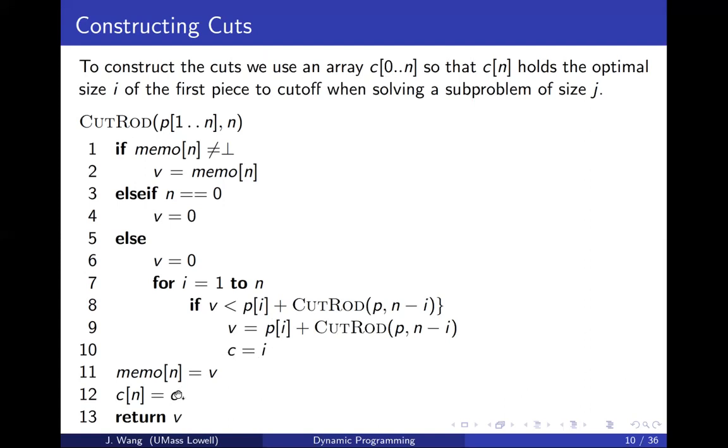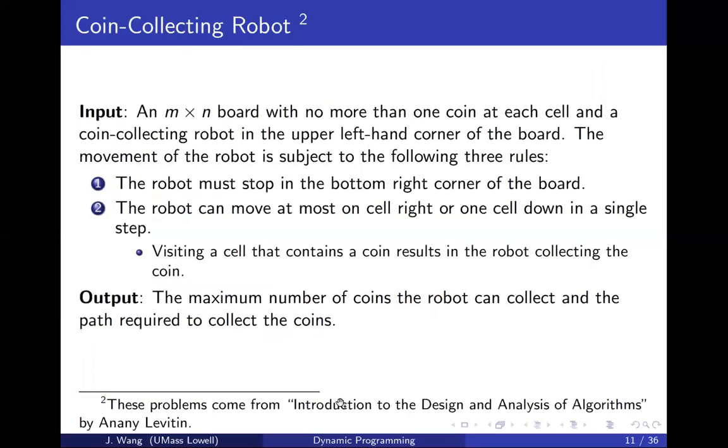So for this n, which is the input, you check all the possible values of i. Eventually, C indicates for this n the location I want to cut to get the most profit. So I put that into C of n to remember that cut place. All right, so that is